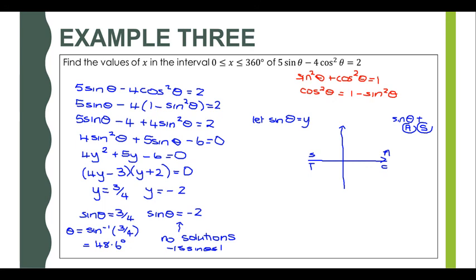So from my horizontal line, if I measure 48.6 degrees into the all section and 48.6 degrees into the sine section, this tells me that my solutions are 48.6,